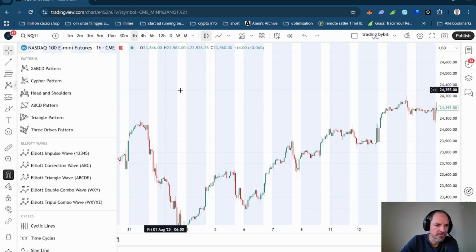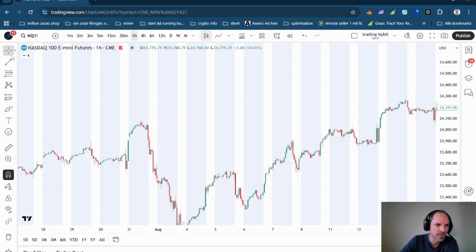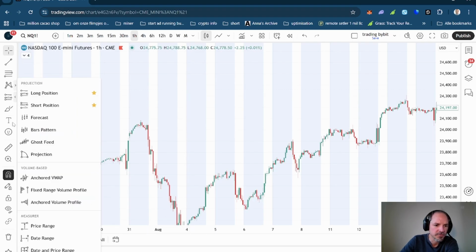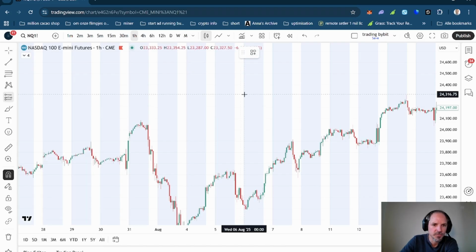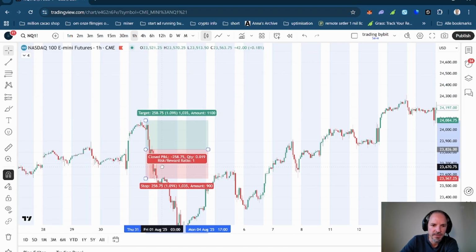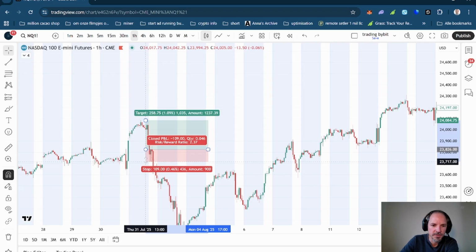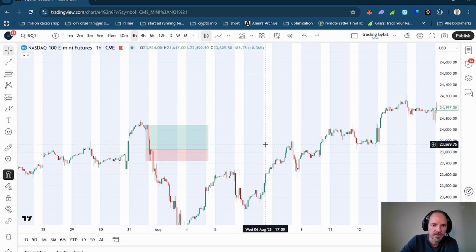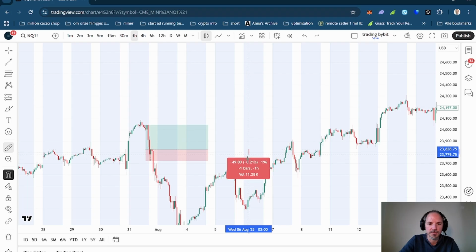I could use a pattern forming, candlesticks. That's all I use for this one, to show you and teach, but for the rest I don't use anything. What we use the fourth position for is the long and the short positions. We use this to indicate where our trade starts and how much profit we should make, how much our stop is, also to indicate how many points our stop is, that we can see that here we got about